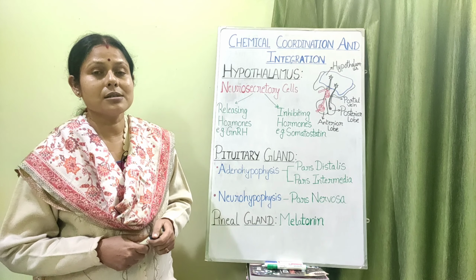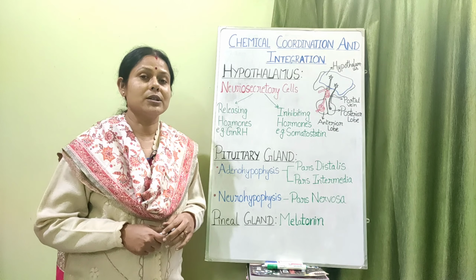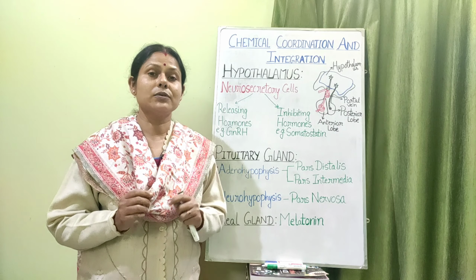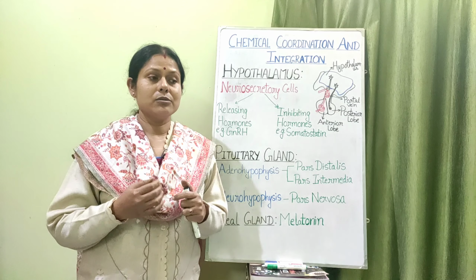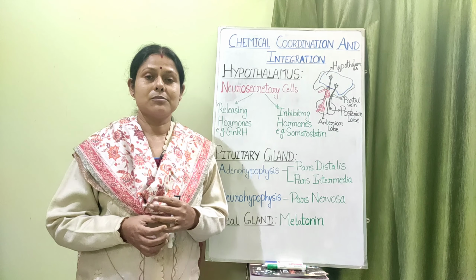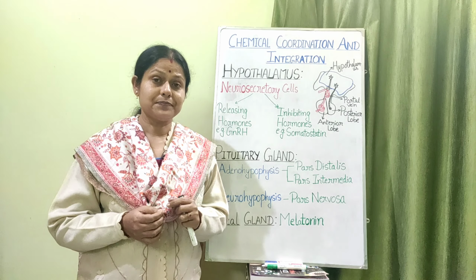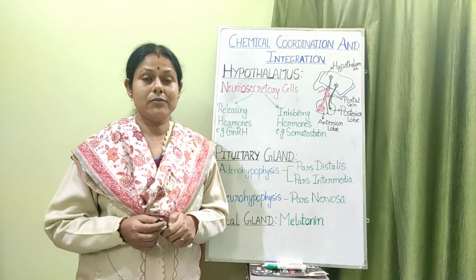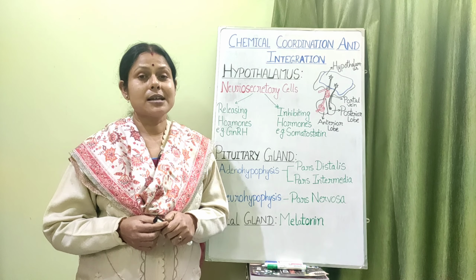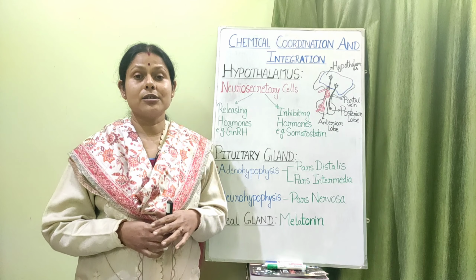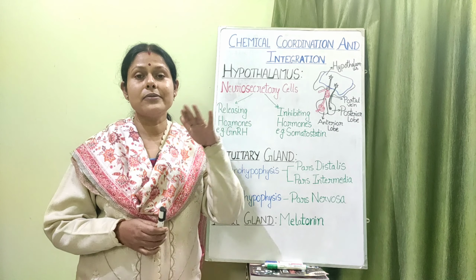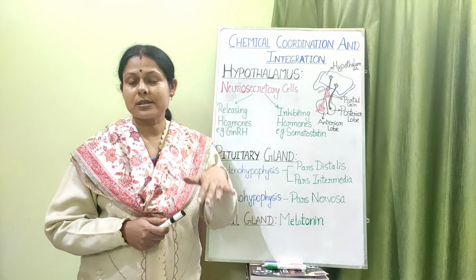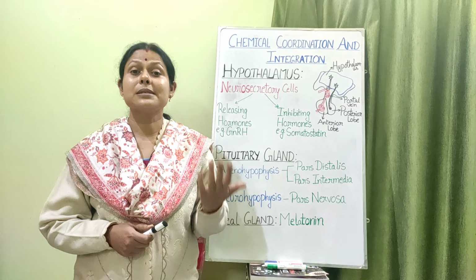Today we are going to concentrate upon a very important part of the endocrine system, which is called the hypothalamus. Now the hypothalamus is a part of the forebrain, the human brain. We will be discussing it in the nervous system chapter, where we will see the forebrain parts. In that there is a portion of the brain called the diencephalon. Now the diencephalon has various parts, and the basal surface of the diencephalon is known as the hypothalamus. Hypo means under. Epithalamus, hypothalamus, thalami are there.